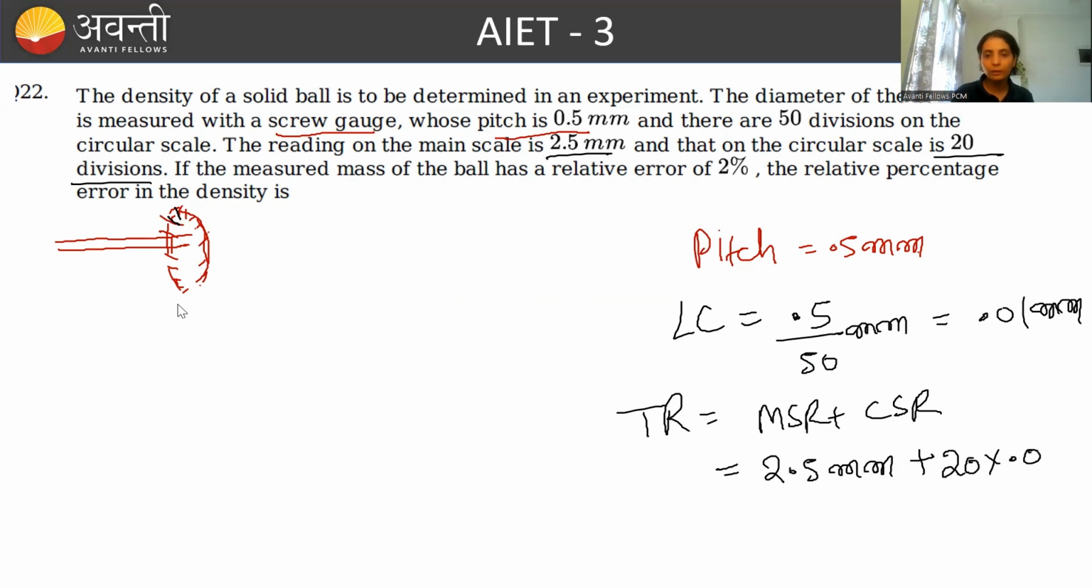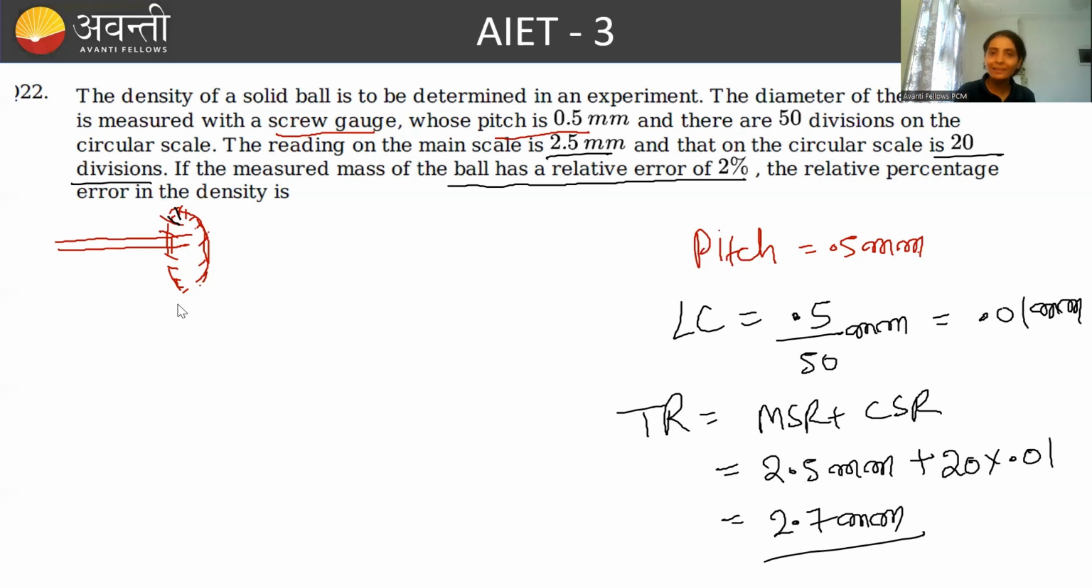उसके बाद क्या लिखोगे? Least count. Then so this is this. Now if you're going to solve it, it will become how much? It will become 0.2. So this is equal to 2.7 millimeter. So this is the diameter of ball. Diameter of ball is how much? 2.7 millimeter. Then further in the question it is given that measured mass of ball has a relative error of